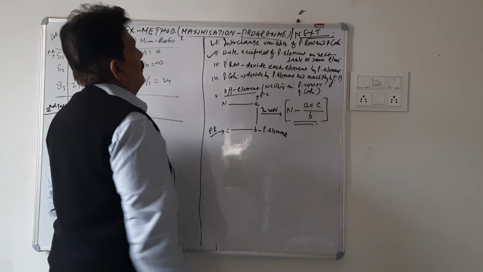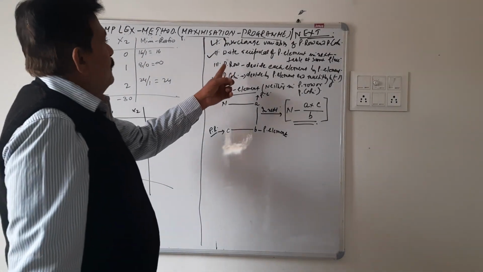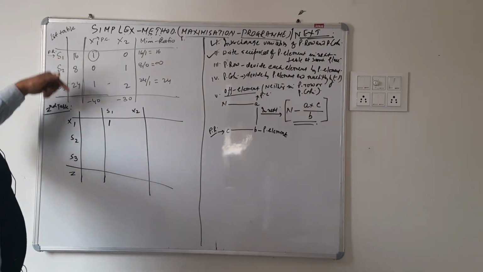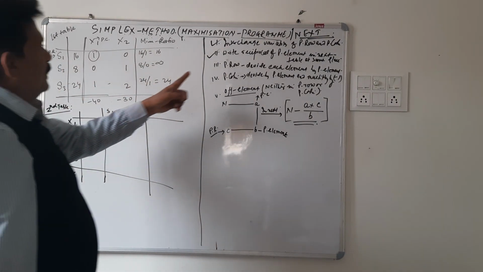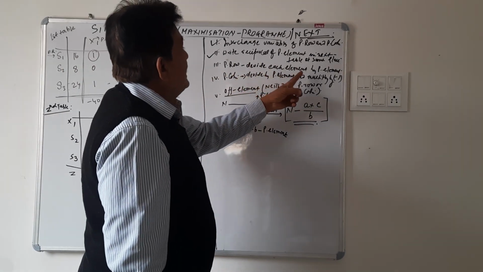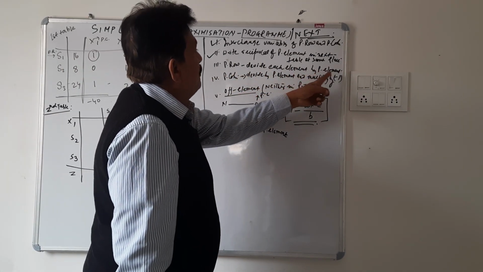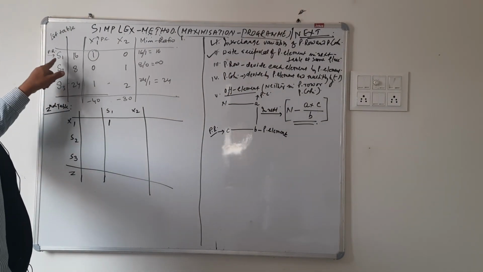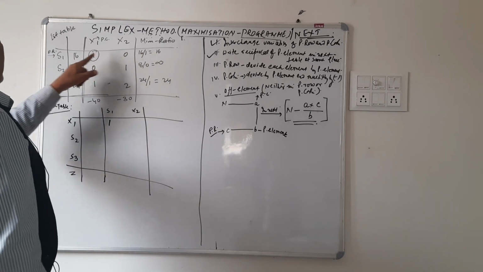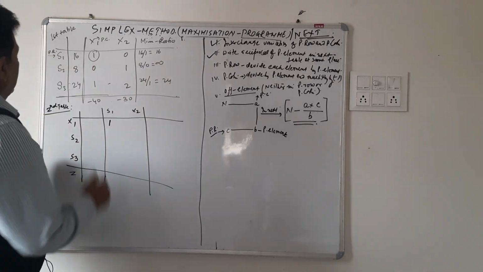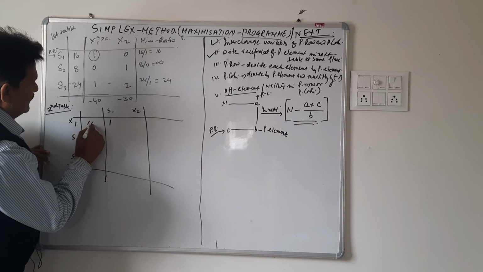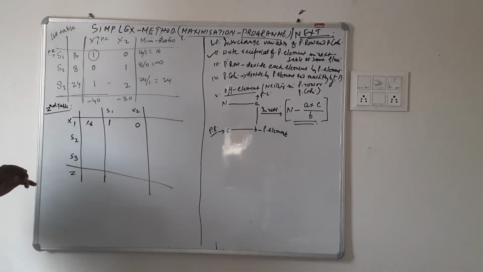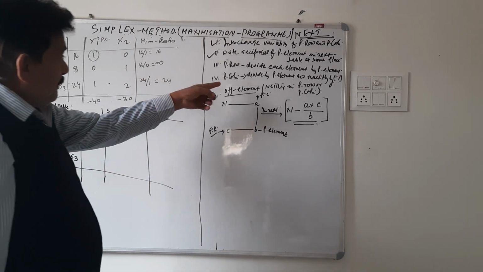Now you do some work for the pivot row. This is the pivot row. For the next table, work will be done here. What does the rule say? Divide each element by the pivot element. For the next table, each element of the pivot row has to be divided by the pivot element. So 16 by 1, 0 by 1. Yes, we have done the work of the pivot row. Now, come to the pivot column.